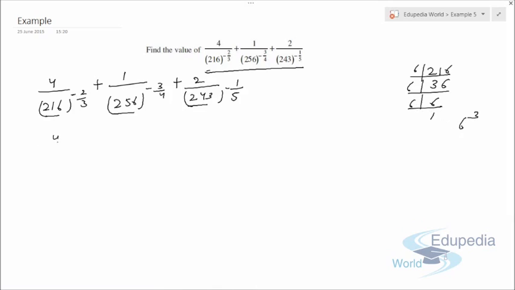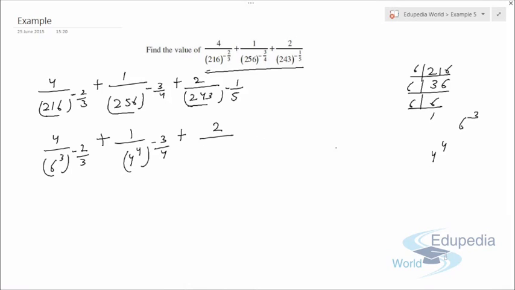So it can be written as 4 upon (6 raised to power 3) whole power minus 2 by 3 plus 1 upon, now 256 we have done already. 256 can be written as 4 raised to power 4. So it will be written as (4 raised to power 4) raised to power minus 3 by 4 plus 2